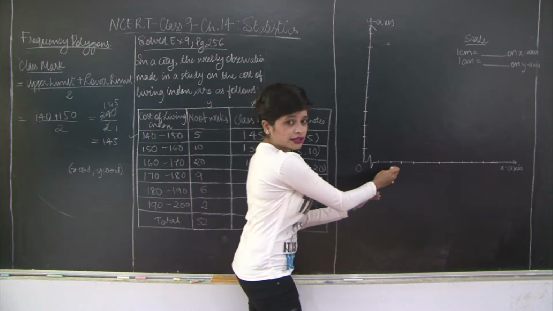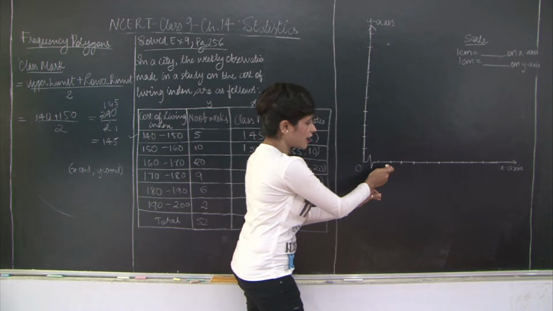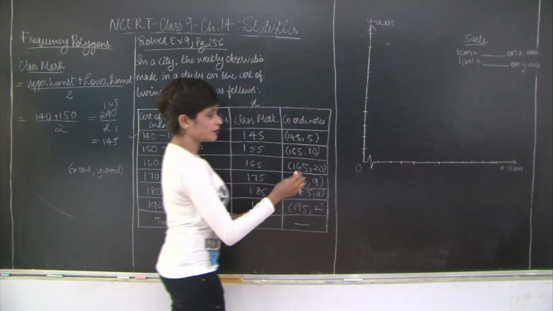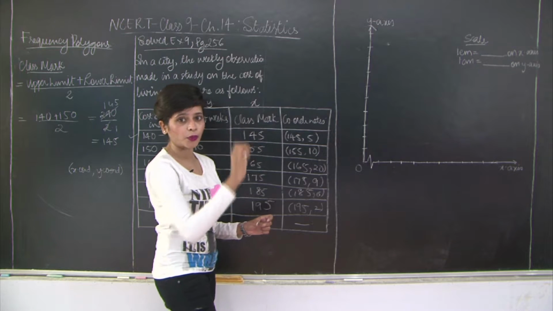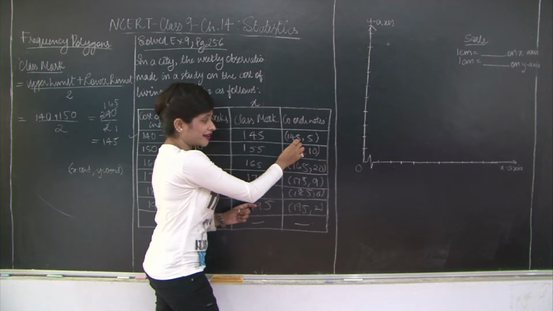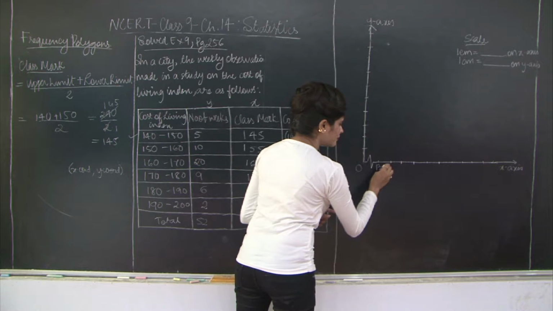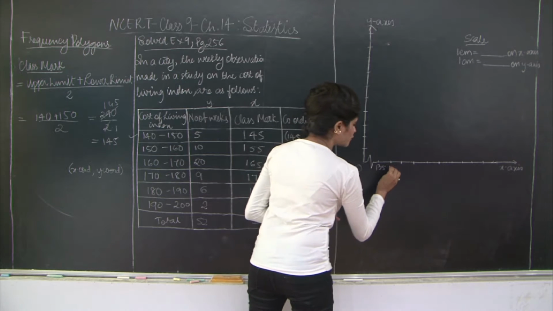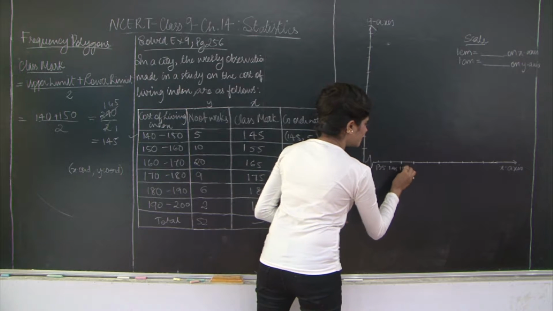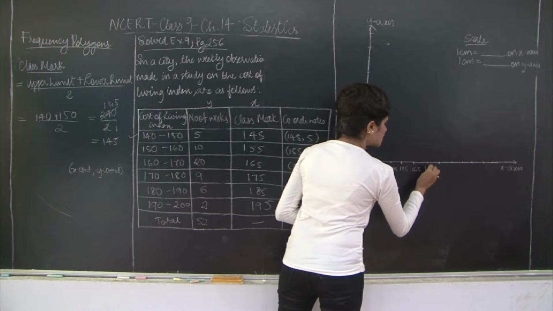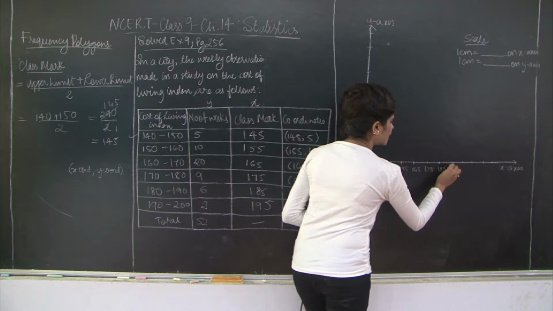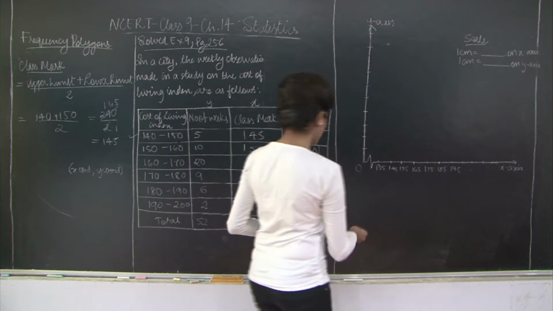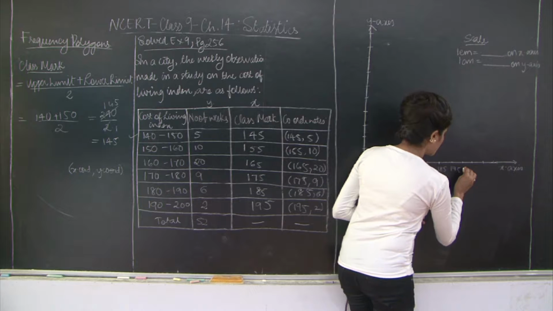So now I will not immediately start with 145 out here. I will start with an interval, a class mark before that. Why? Because remember we have to take a frequency of 0 just to show that the polygon is complete. So instead of 145 first, I am going to take 135, and here my frequency will be 0. Then I will write 145, 155, 165, 175, 185, 195 and so on, because we needed only till 195. So I'll add another one, 205